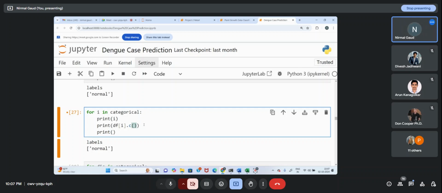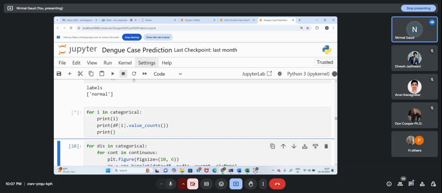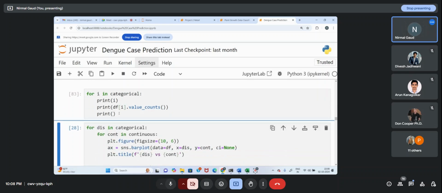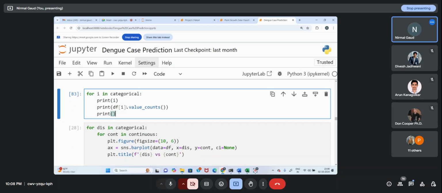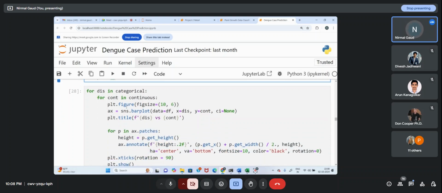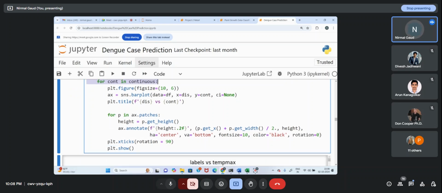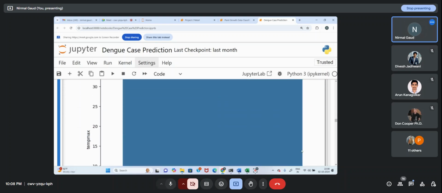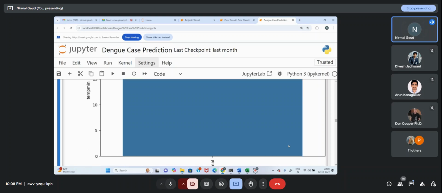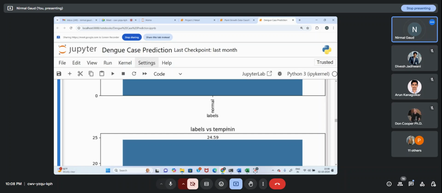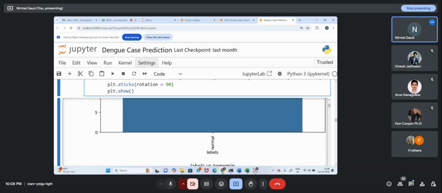I think I missed this thing. Value counts. Okay, for i in categorical df[i]. Okay, maybe it's not showing because my code is not entirely executed. So if you re-execute this code, you will get it. Okay, and then I made bar plot between categorical and it's just an optional. I don't have any option present here. It's optional thing. So label versus each and every continuous feature to print the average value.